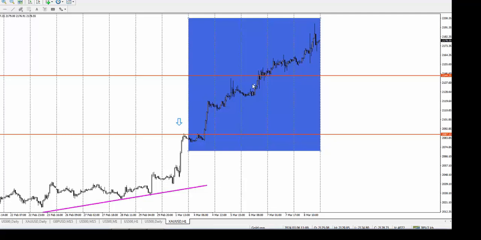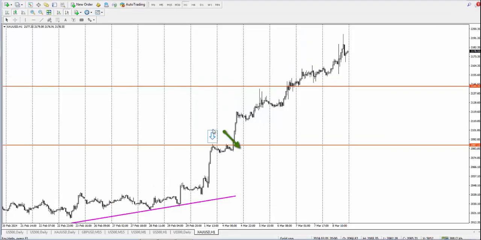I've got this little square which I'm using just to block out the week of data, because at this point here where you can see this lovely blue arrow, that hit resistance. But once you hit a resistance point, if you break through it with a strong candle like that, you've got two options. The first option is that it might come down, retest the resistance point and push back up, or as in the case of gold here, it just didn't bother slowing down, it just continued moving to the upside. So there's absolutely no sign whatsoever of a reversal in the gold market,